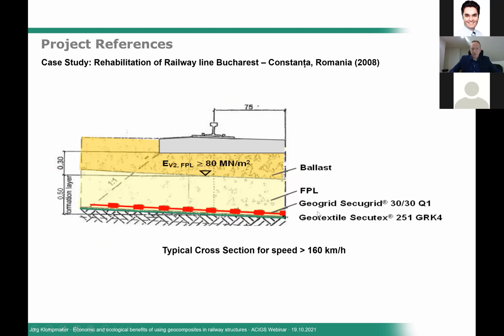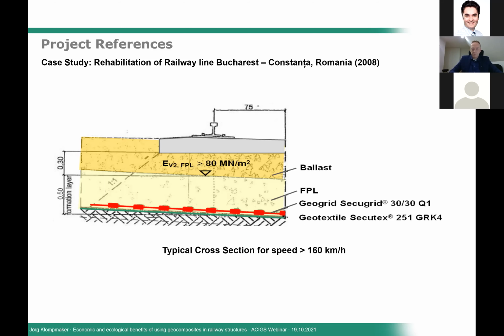And the rehabilitation was required because of settlements that were measured in the railway track, and because of an upgrade of the track from 120 to 160 kilometers per hour. The EV2 requirement on top of the subballast layer was 80 meganewtons per square meter, and to improve the bearing capacity to the required bearing capacity according to the specification, a geotextile separator and a geogrid was installed on the